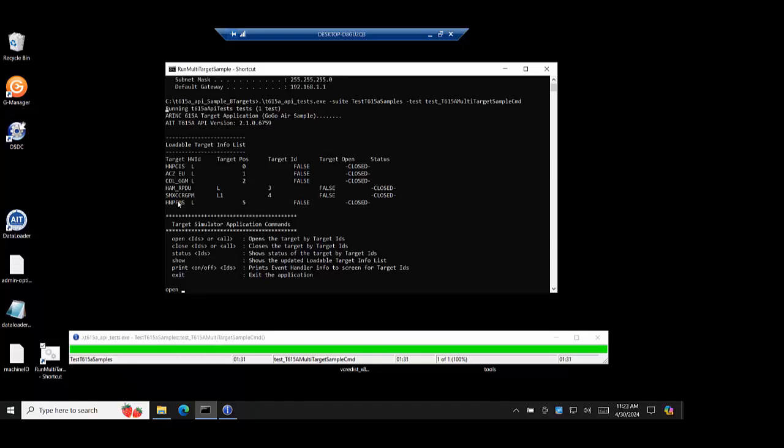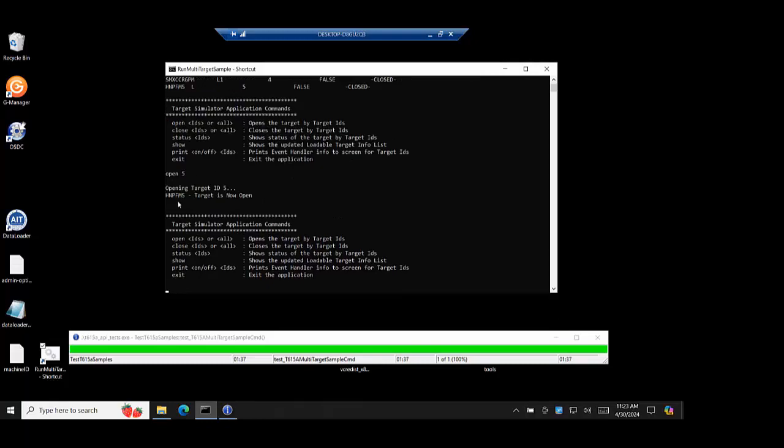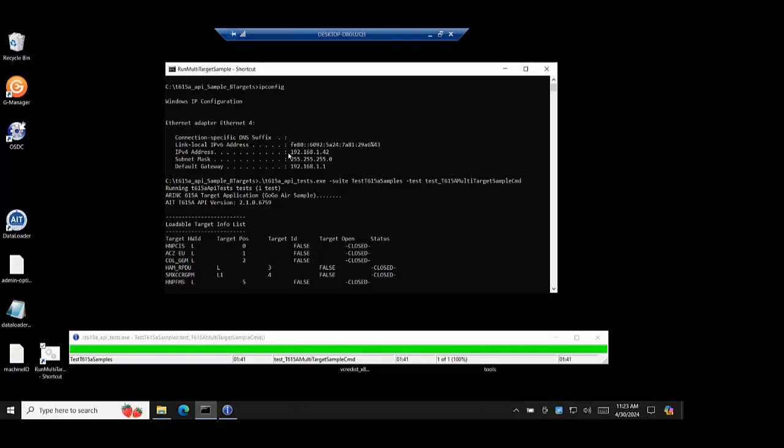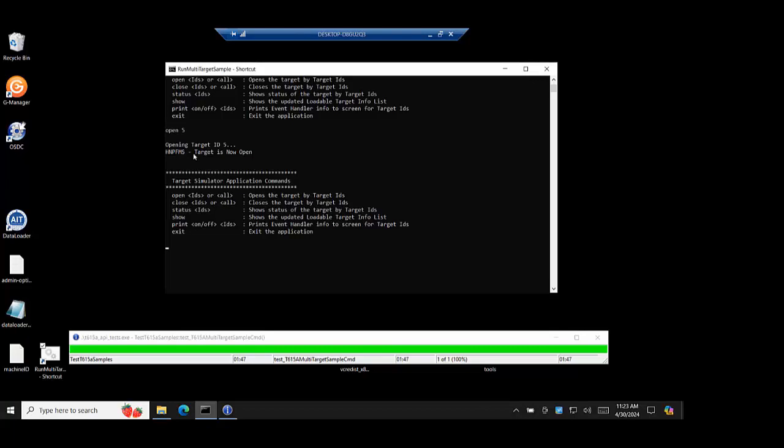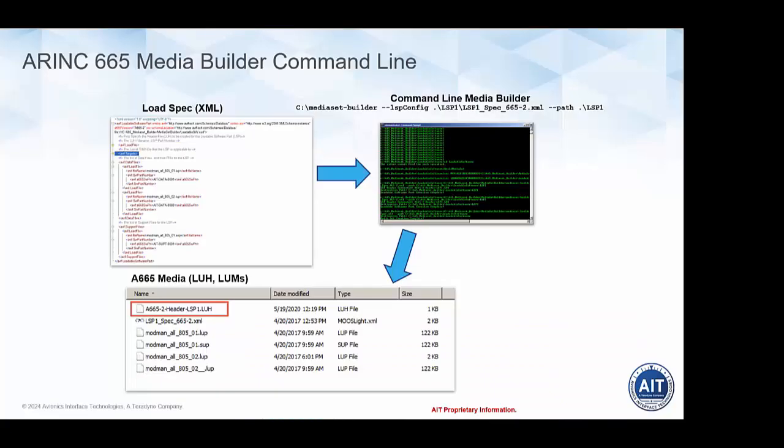So I'm simulating a Honeywell FMS system here, and that's at ID 5. My alignment on the printout's not too good there, but I'm going to open that one up. So now over on this target, which is at IP address 42, I'm running a target side that's looking like the Honeywell FMS. I'll come back over to